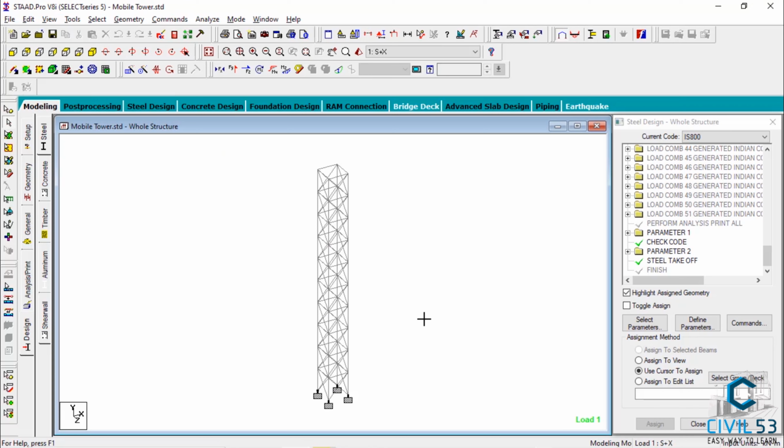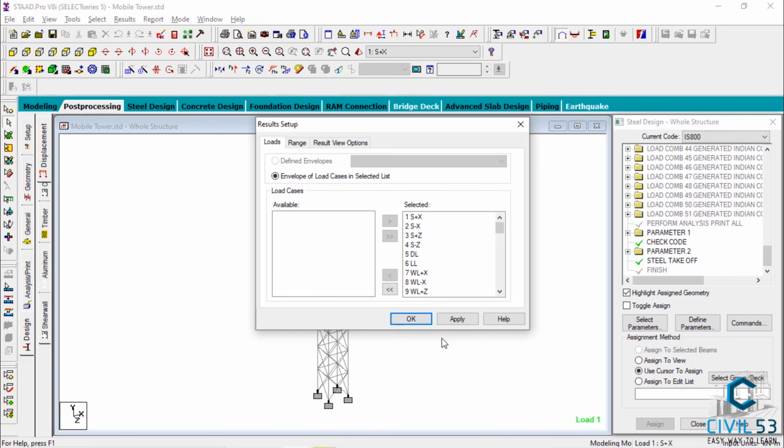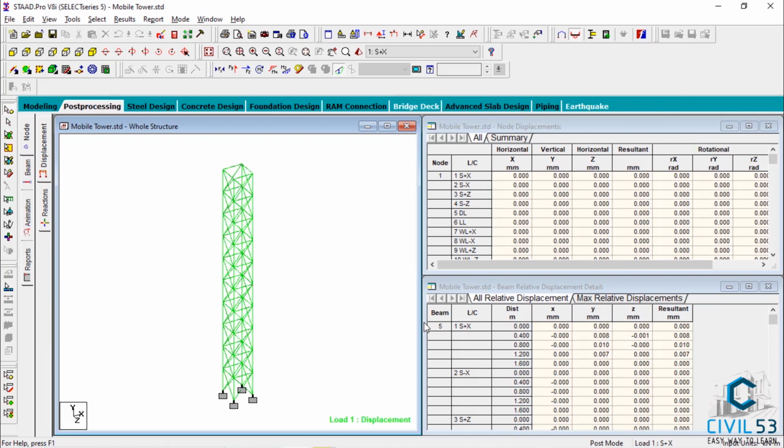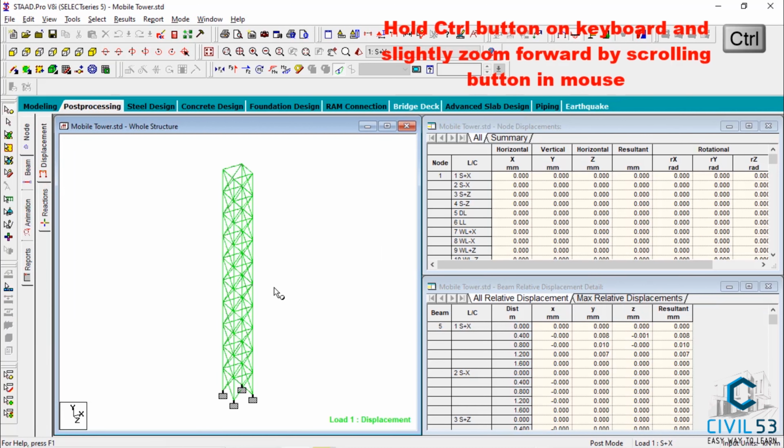Now let's talk about the post-processing part. In post-processing, we will check reaction values, shear force values, moment values and displacement. So here, next to modeling, click on post-processing, apply, OK. First thing we will do, just press the Control button and scroll forward by using the scroll button